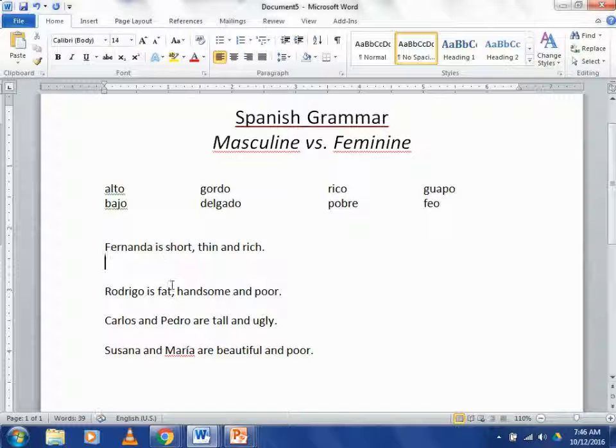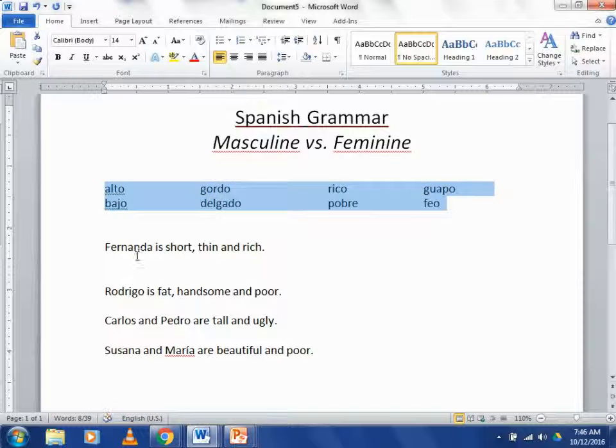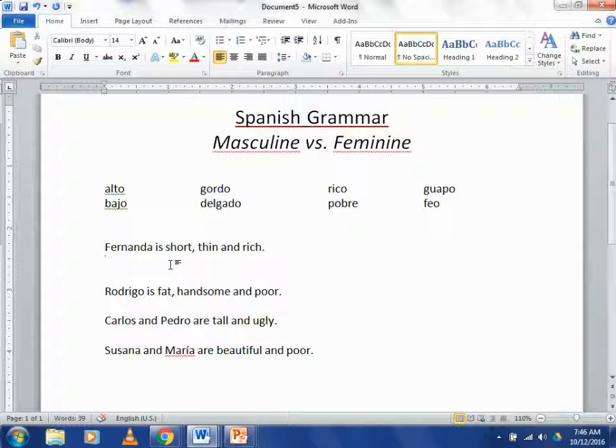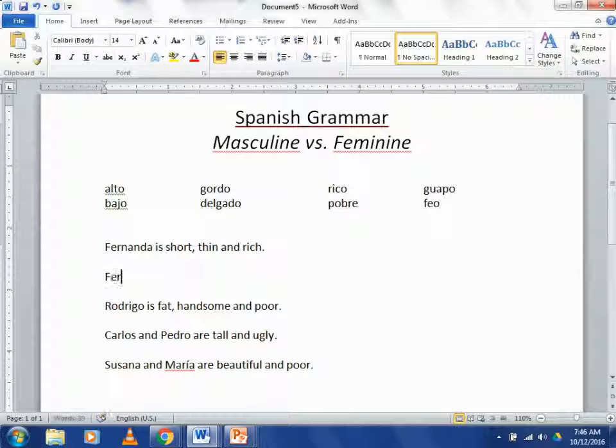So we have here, Fernanda is short, thin, and rich. Students will see a word bank like this and have to figure out, first off, which words do they mean, and then, am I using it correctly? So Fernanda is short. The word short is bajo. Thin. The word thin is delgado. And rich, rico. However, when I go to write it, Fernanda, who is a girl, I need to use the feminine form. So it's not bajo. That would be describing a male. It's baja,